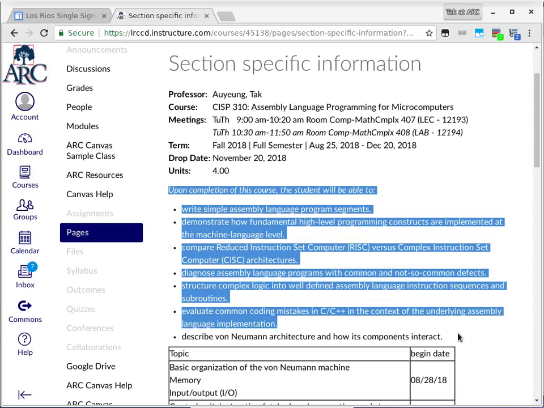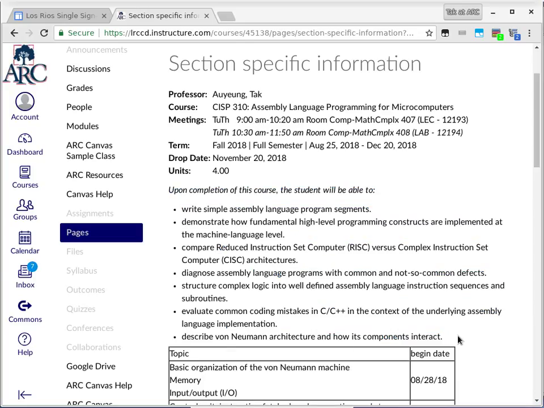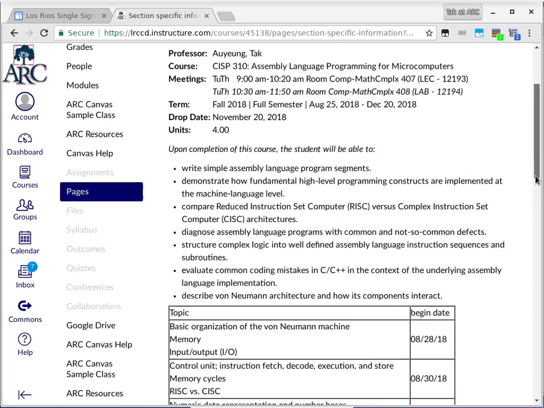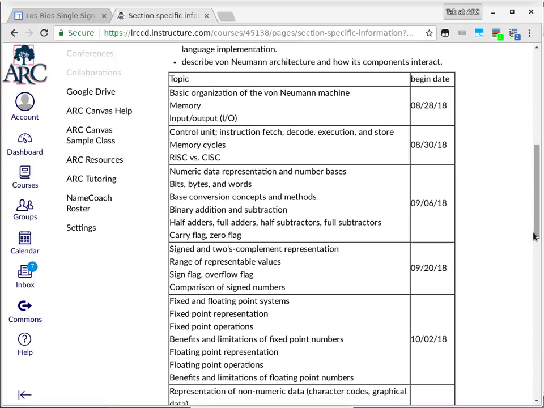Every professor of every single class should include this in the syllabus now. Basically, it's just a description of what you should be able to do at the end of this semester, assuming that you're passing with a letter grade of C or better. Okay? And then the rest is really just a proposed schedule of what I plan to talk about in this